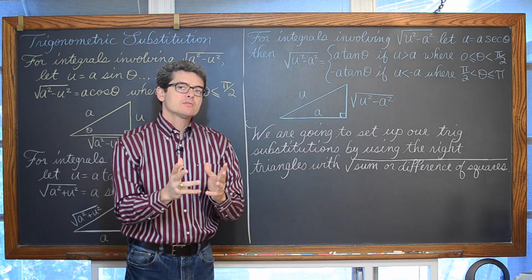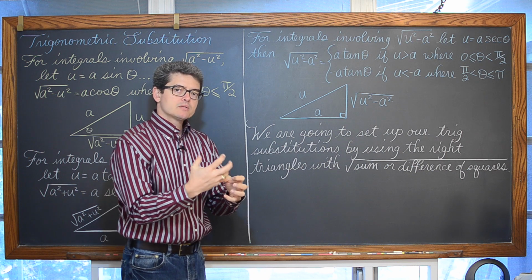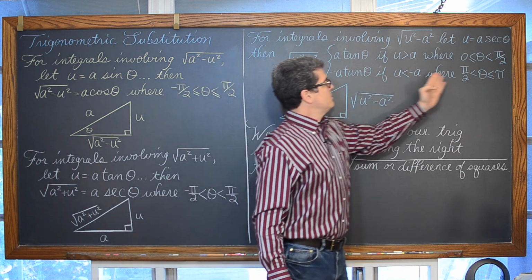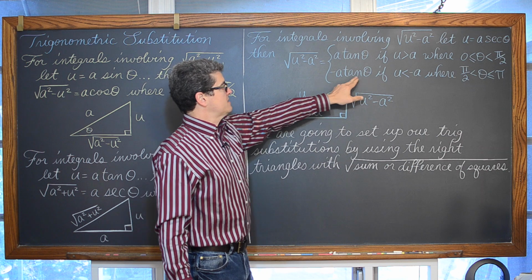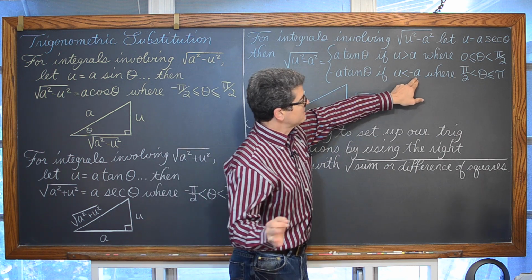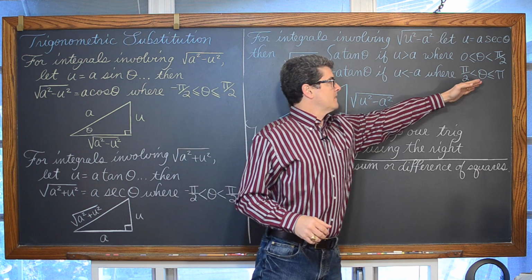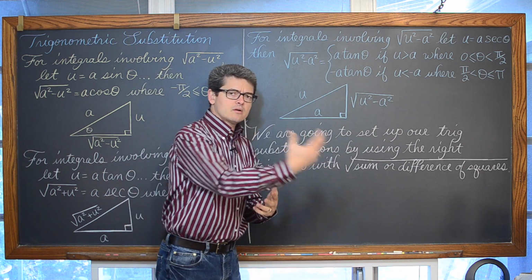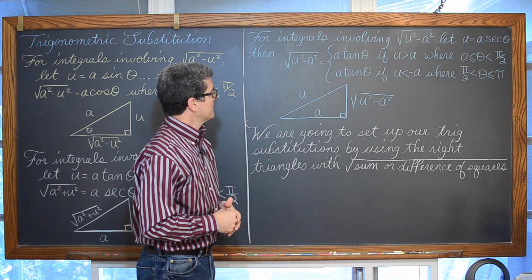Now, I worked through the entire section involving these problems, all the mechanical type questions in the section, and I didn't come into any issue where we had to deal with this negative a tangent of theta if u is less than negative a, where theta is between pi over 2 and pi. So I've seen in lessons where this restriction is going to come up later on in our calculus studies, later on in the book, so we're not going to worry about that in this particular video.